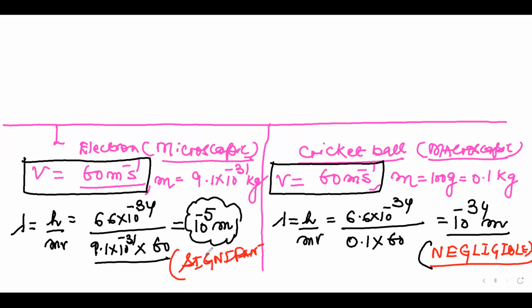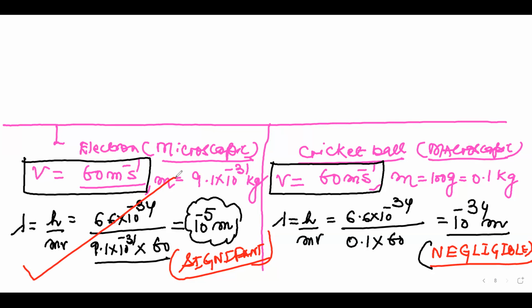What I find is that the wavelength of the electron is quite significant as compared to the wavelength of the cricket ball. So tell me, the de Broglie concept is more applicable to the microscopic particle or macroscopic particle? Microscopic. So जो हमने ये de Broglie concept किया है, you know that this de Broglie concept is applicable to